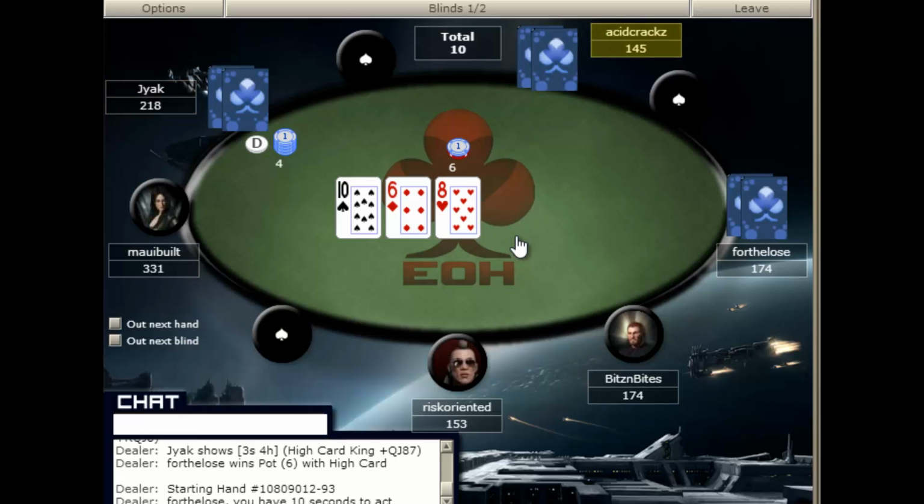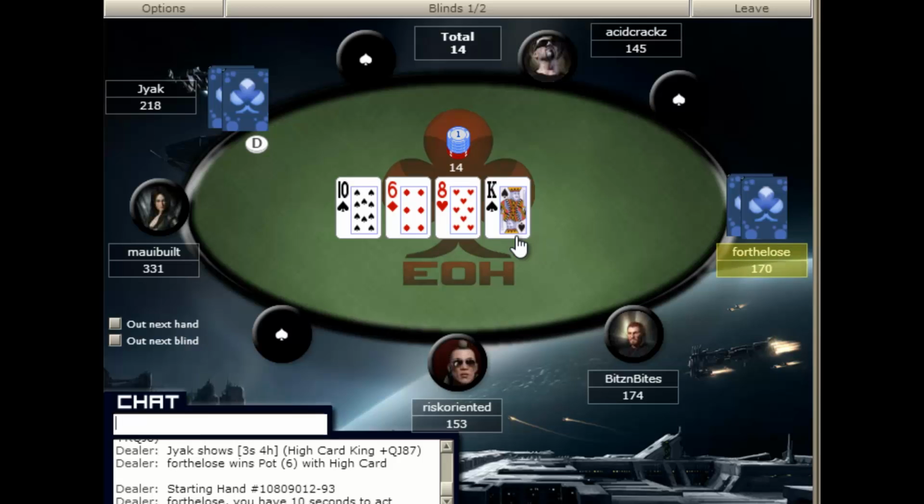And the reason for that is, like I said earlier, controlling the pot. Now let's talk about what that means. When I'm in late position, I can choose how many bets I want to put in the pot. I can bet the flop, turn, and river, and force somebody to call me to continue playing. I can bet the flop and then sneakily check the turn if I want to limit the size of the pot, or induce a bluff on the river. Or I can bet the flop and the turn and show strength, and then if I don't want to put in that river bet, I have the option not to, and that's really what it comes down to.